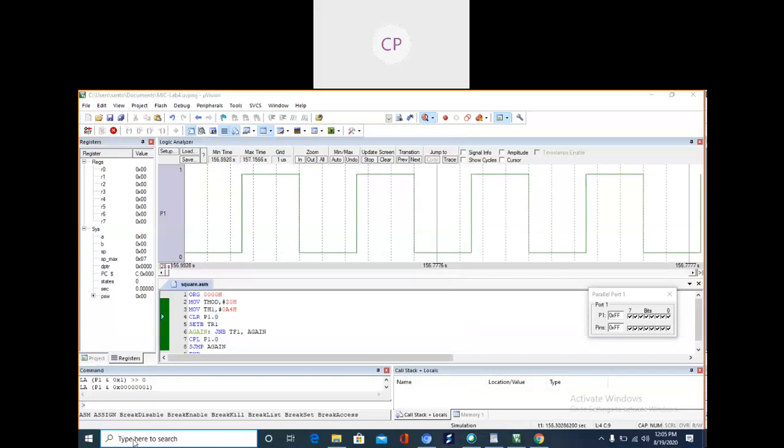Simulation is running, that's why the laptop is slow.